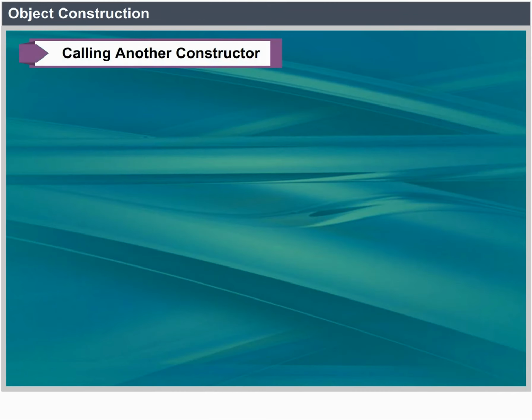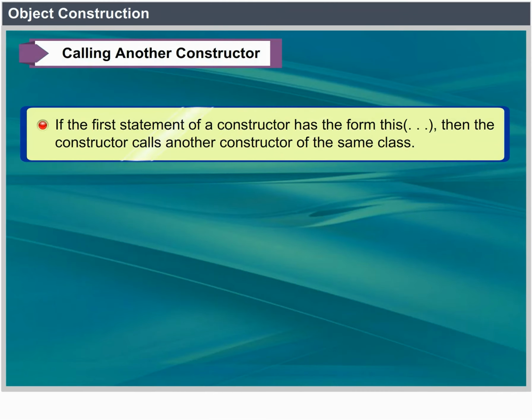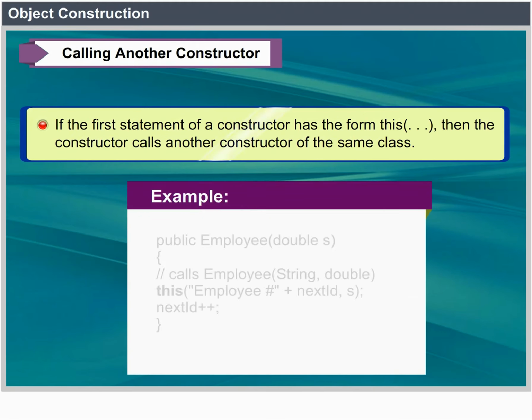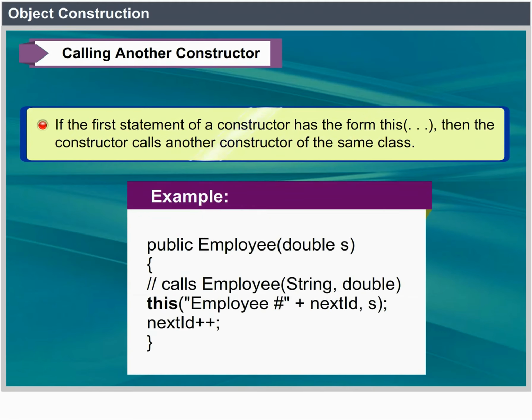Calling another constructor. If the first statement of a constructor has the form this(...), then the constructor calls another constructor of the same class. Example: public Employee(double s) { // calls Employee(String, double) this("Employee #" + nextId, s); nextId++; }